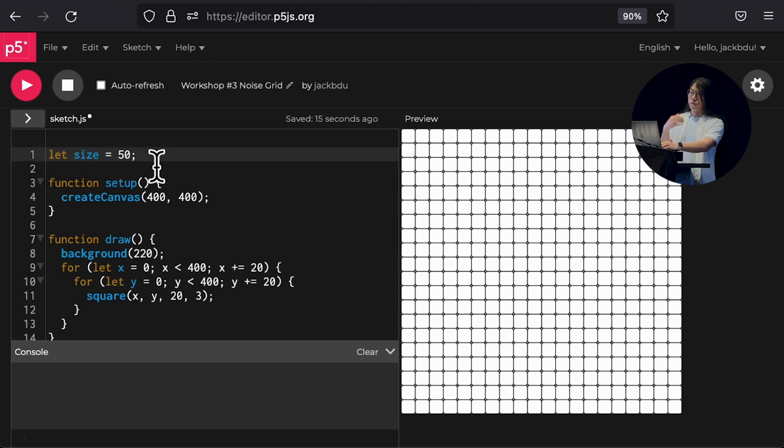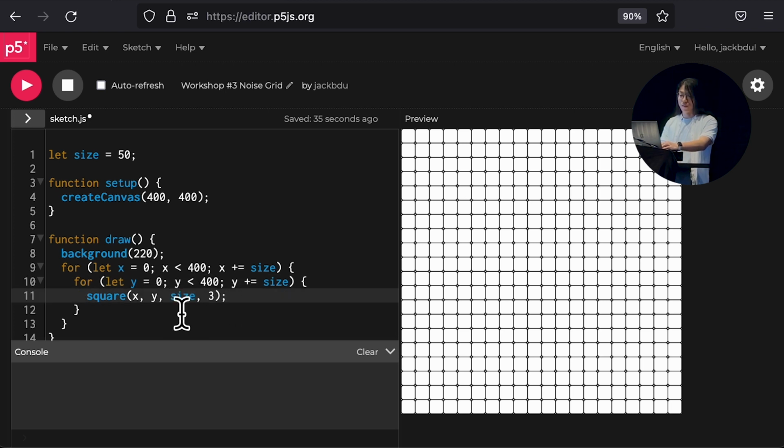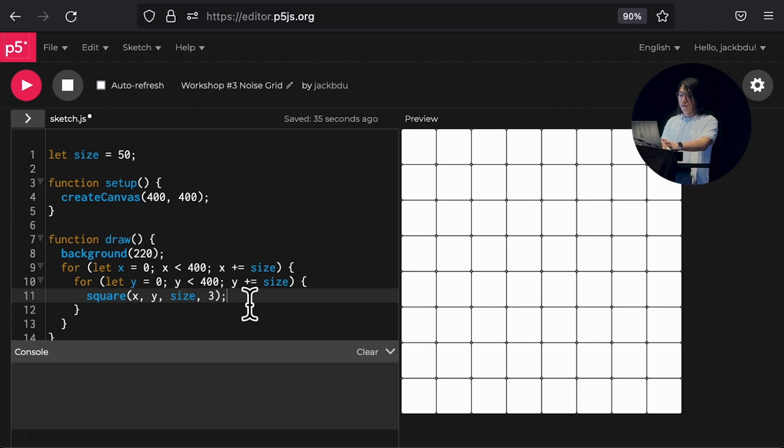So now we have this size variable that holds the value of the size of the square, and then we can use this variable instead of what's called the magic numbers, meaning a number that you magically decide. Now if we use variables, I replace all the 20s with size and also the 20 for the size of the square. Now if I run this,